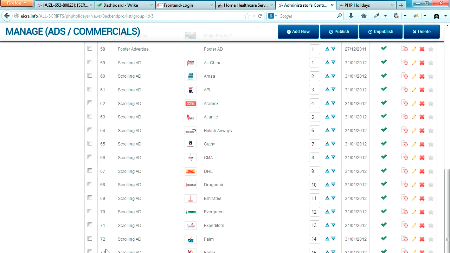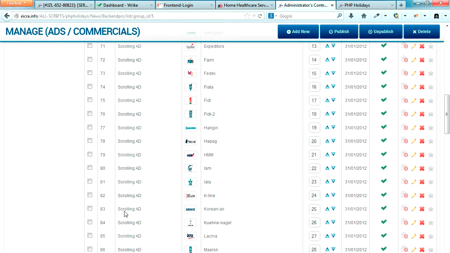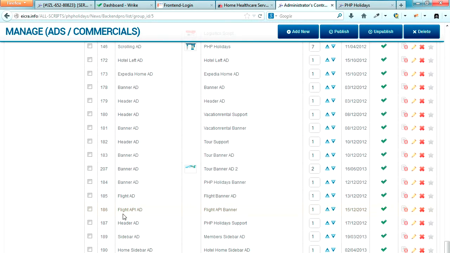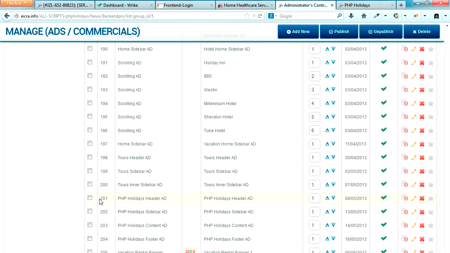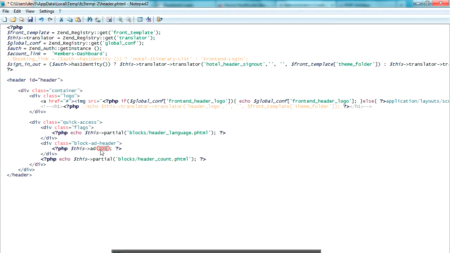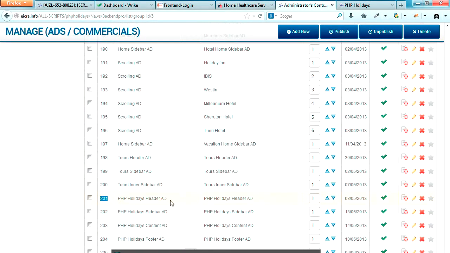So let's navigate to the advertisement or the banner we use for showing the phone number. Let's load all the pages. We will locate the ID number 201. You see 201 is the ID that represents our phone number. As you can see, 201 is the ID representing this area. So if we just delete this ad, it will not be found anymore. Now I'm going to edit this ad or commercial. So edit this one,